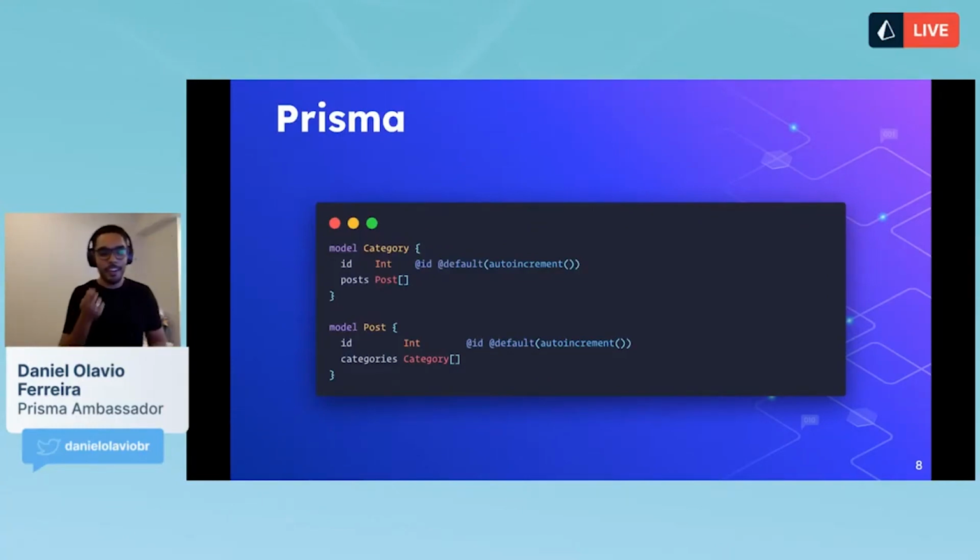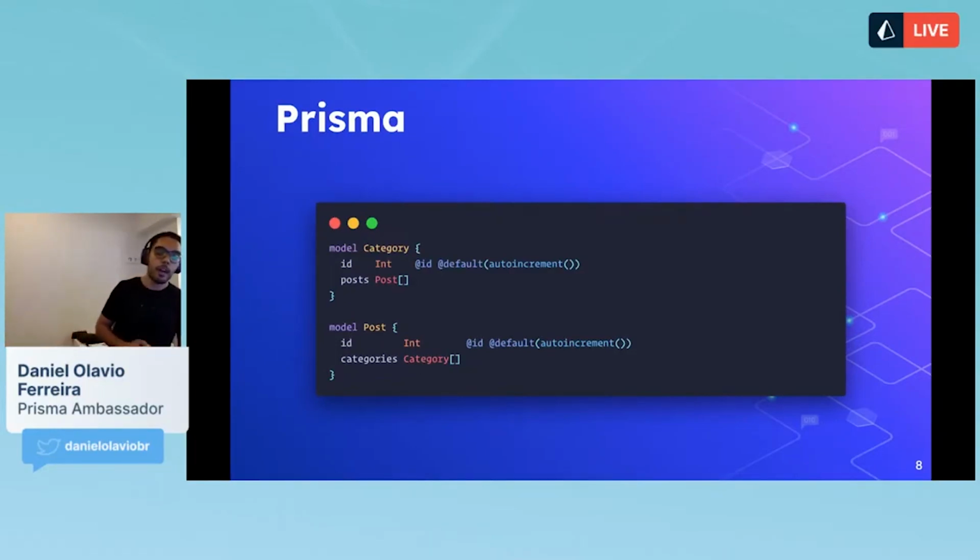And second, and that's where I feel like Prisma shines so much, it's the posts. In the next row, we have the posts that are of type Post. And we have the square brackets, that if you are used to TypeScript, or even if you use JavaScript or most of the languages, you know that the square brackets tell you that that's an array or an array-like object. So that tells us that, oh, I'm working with an array of posts, or many posts. And Post is a model that I'm going to be defining right underneath that.